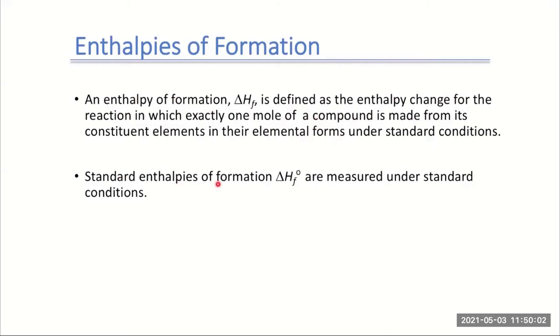And the standard enthalpies of formation are known as delta H, subscript f with the 0 at the top, which is known as a naught. So delta H naught are measured under standard conditions. So when we're talking about components made from their elemental forms, let's say we want to create methane, CH4. That'll be made from